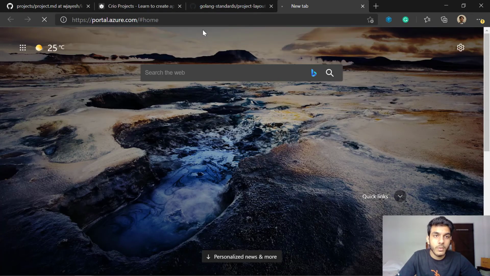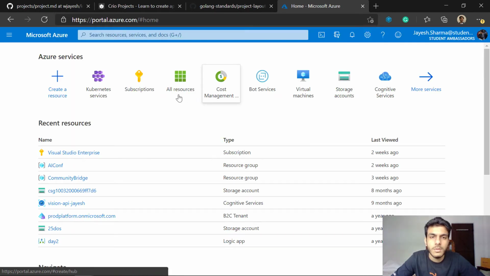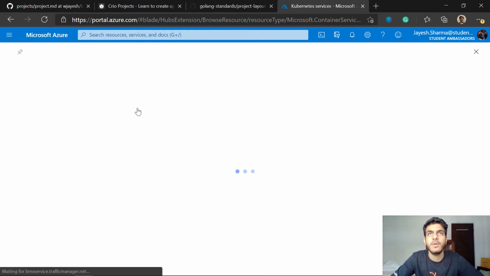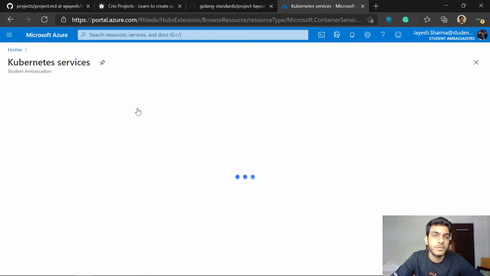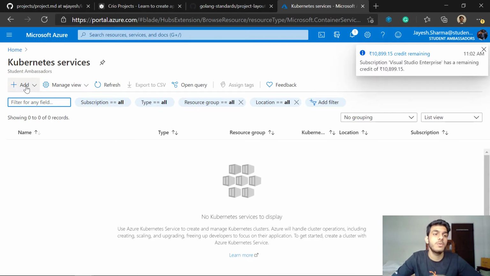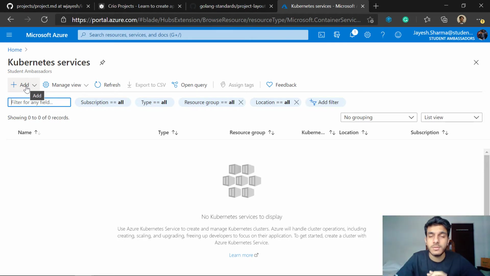I'll just go to my portal in Azure. This is how the portal looks. I'll click on Kubernetes service here. You can also create it through the command line, but you can also choose the UI, whichever is simpler to you. You can click on the add function, and it will ask you to fill in different parameters, and then you can just create. It's just a matter of a few clicks. So this is how you can set up a cluster in Kubernetes. I won't go over the process right now because it takes a lot of time. Let me jump back to the milestone here.